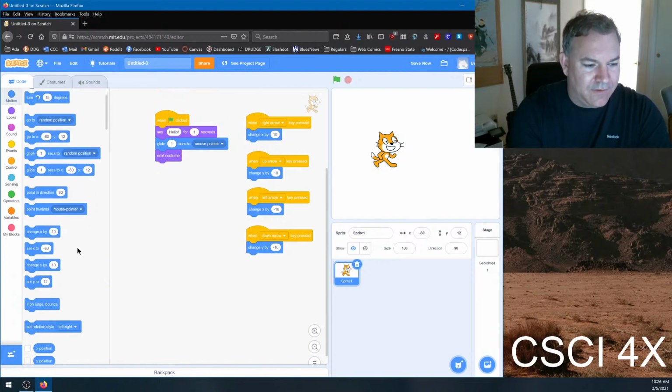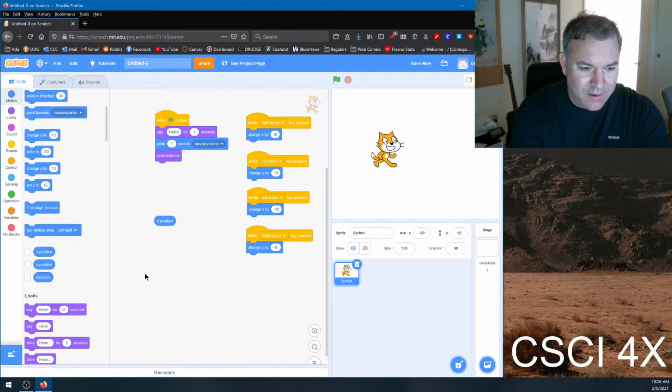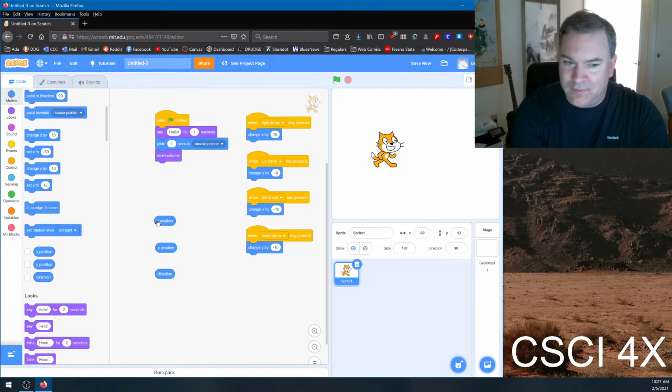So the first thing in computer science you need to know is that there are these things called variables. And so here we've got a variable for the x position, a variable for the y position, and a variable for the direction that we're facing. Okay, but you notice we can't do anything with these variables themselves. Like, you guys have all taken algebra, right? You know what a variable is? You notice how I can't just attach a variable to one of these blocks. Instead, these variables, if you see, they're kind of this round shape here. You can put them into these round spots here, right? So I could make it so that